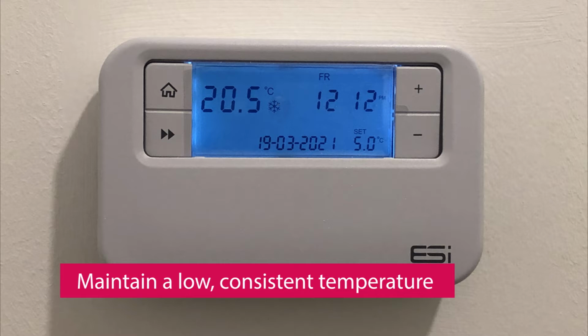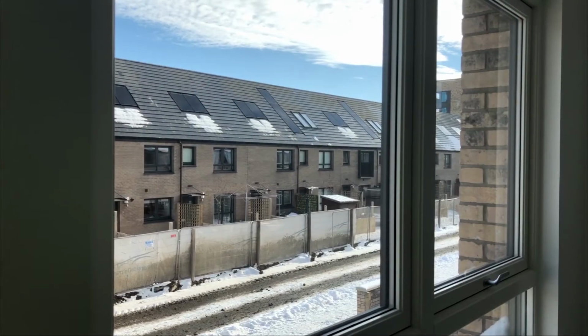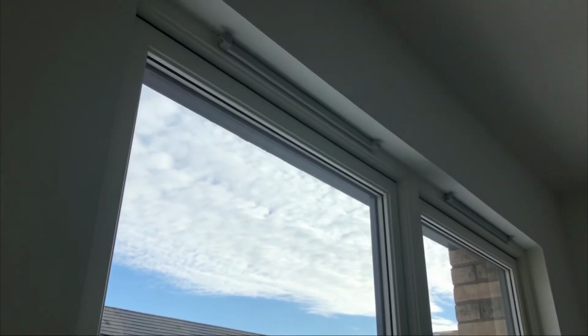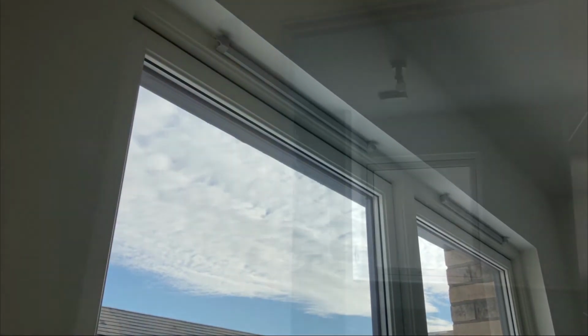The Energy Saving Trust recommends from 18 to 21 degrees Celsius. Continuous heat keeps all your surfaces warm, which reduces the risk of condensation. It is more likely to see condensation on colder parts of your home, such as around window openings. You will also see condensation in areas where air circulation is restricted, such as cupboards and outside walls